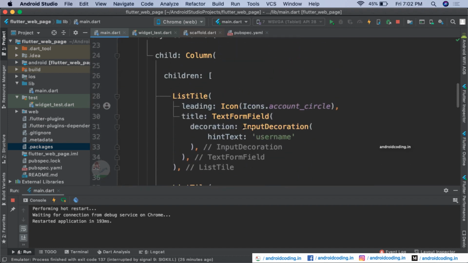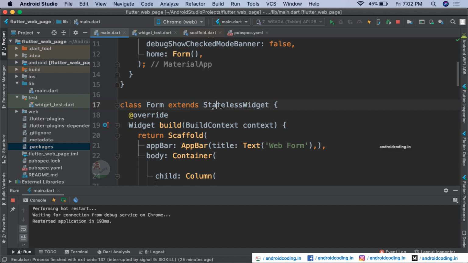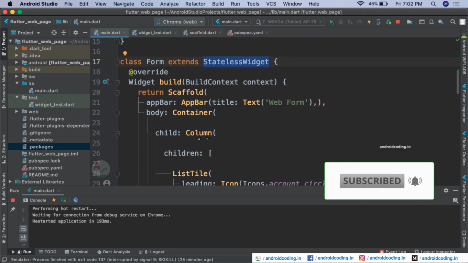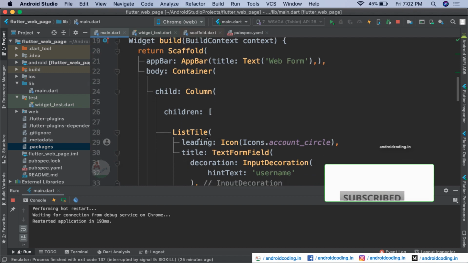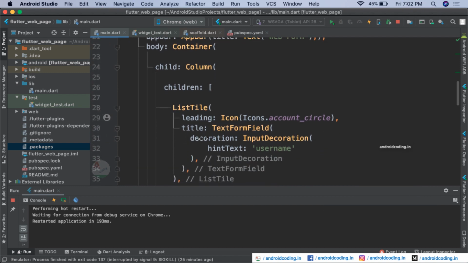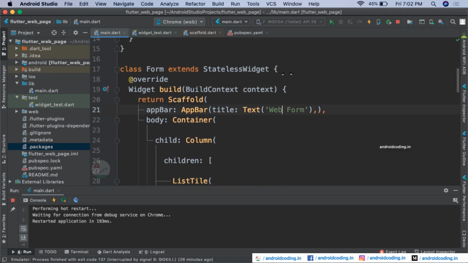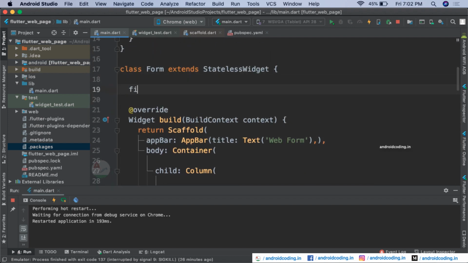But here you can see that we have extended our class to be a stateless widget here, but we require controllers here to get the data out of these text form fields. So now let's try to add a controller here, name controller.